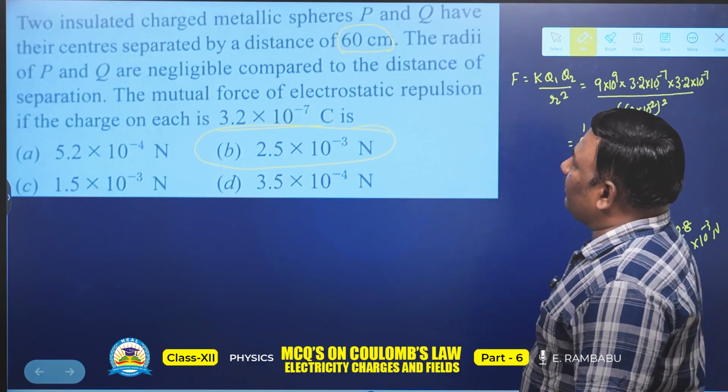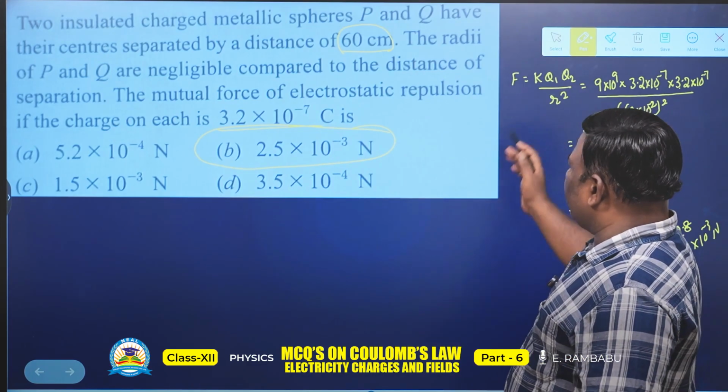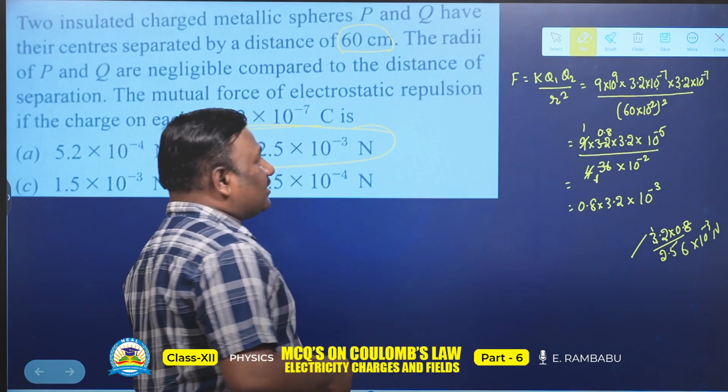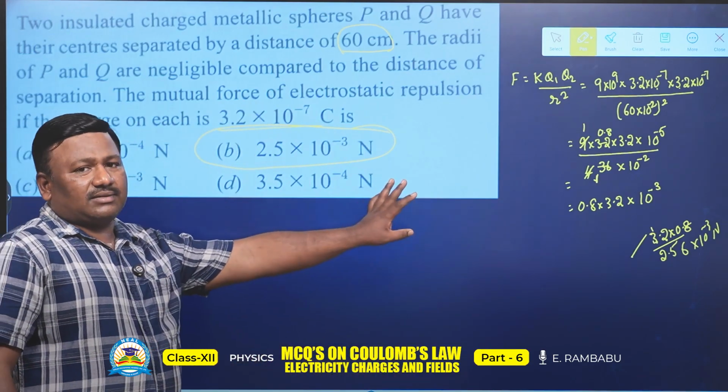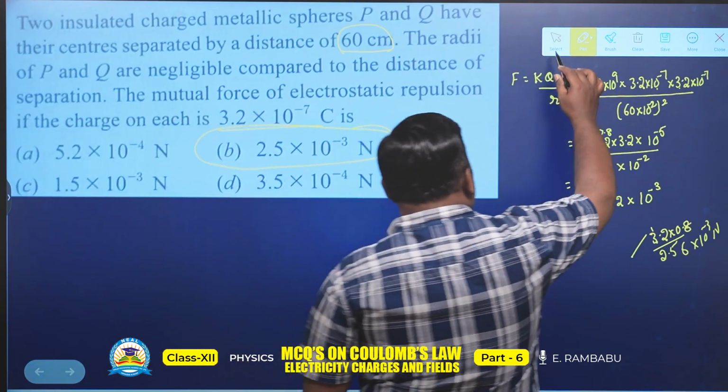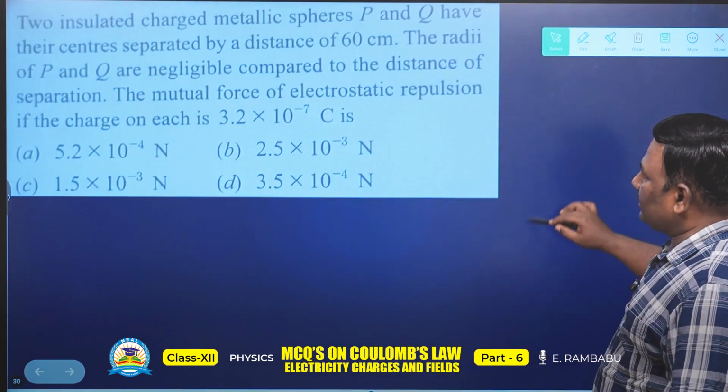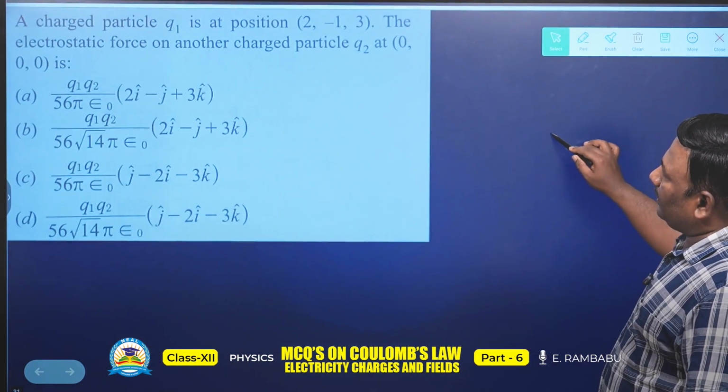Okay. So like that we have to solve this question, and in this, the direct formula can be applied. Coulomb's law is applied, but the calculation matters. And after that, see the next question. Here